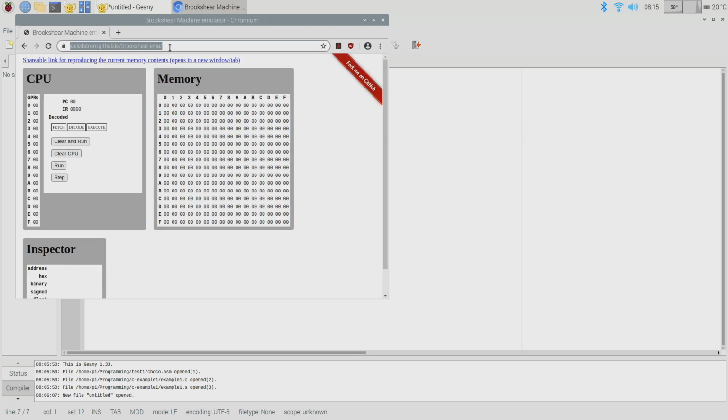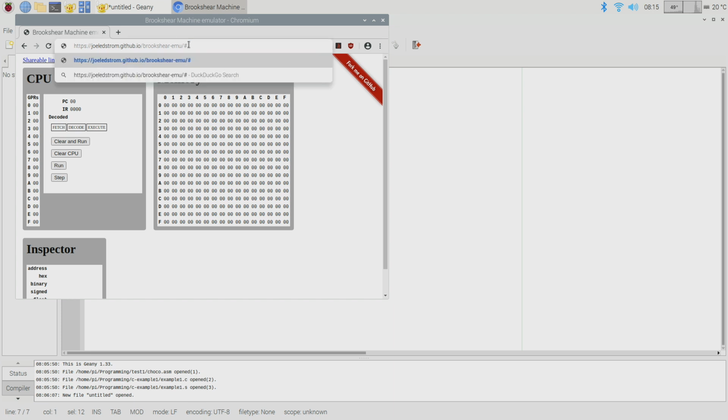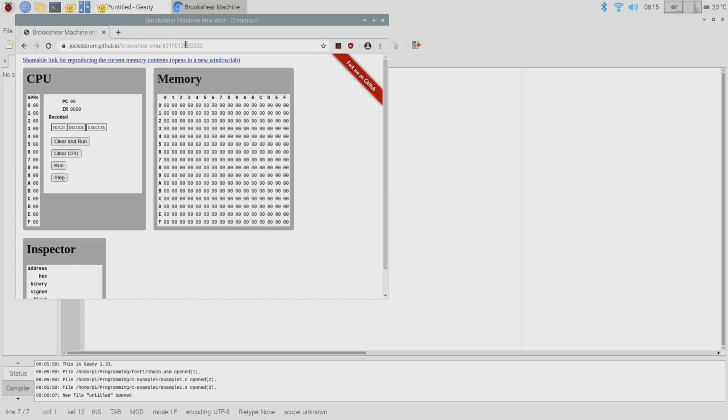Okay, here, and then if you go to the URL and you put in a hash mark, and then paste the string afterwards, and then reload it, it will have everything there in memory for you. So you don't have to type it into each individual memory cell. That's kind of convenient, right? But like I said, one of these days I'll get around to writing an interpreter, or an assembler, that will take the source that we had in Genie, magically process it, and then bam, pop open a URL to Joel's emulator with everything loaded.